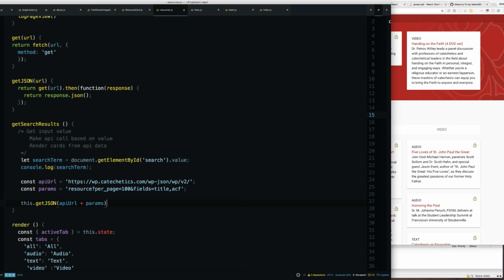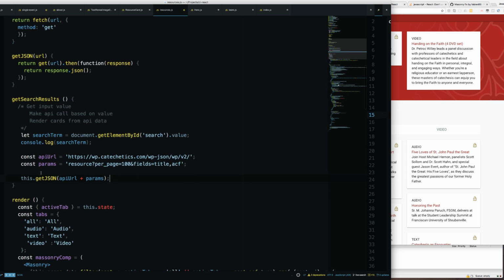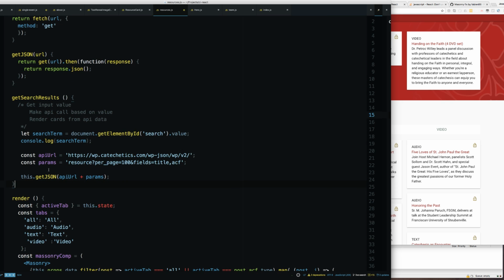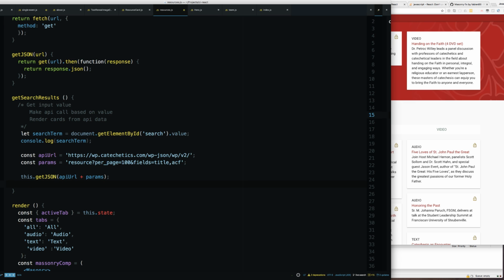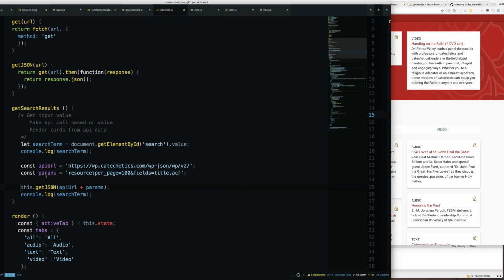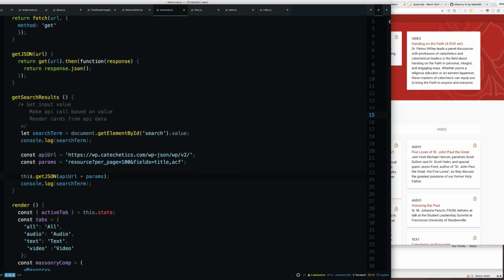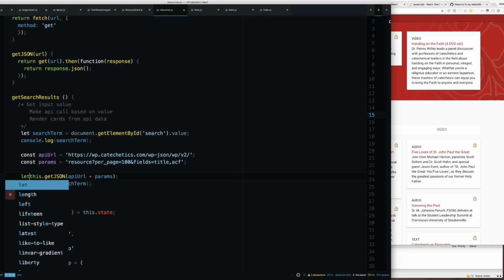Okay. And I'm tempted to just console log this whole thing, this whole JSON thing. Why not? I kind of want to see what that'll look like, actually. I need to probably save this, but